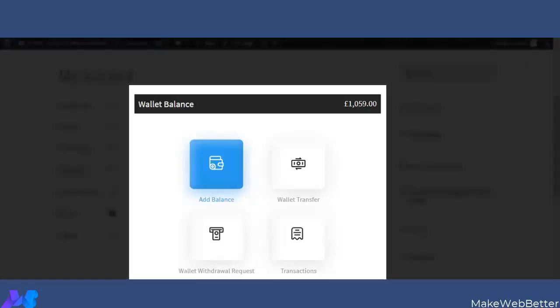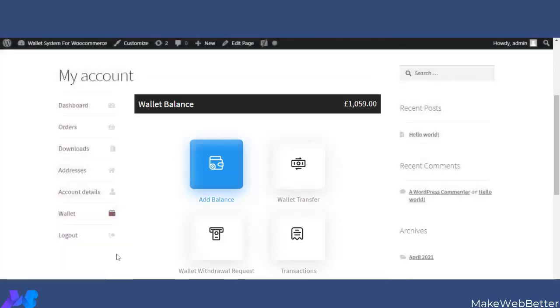Are you looking to enable wallet system functionality on your WooCommerce store, or do you want to allow customers to perform e-commerce transactions using the wallet system? If yes, then the wallet system for WooCommerce will help you to set up the digital wallet system on your WordPress website in just a few steps, with exclusive features like email notification to customers, wallet balance withdrawal, wallet amount transfer, and much more. So let's start with the demo video and understand how easily you can set up the wallet system for WooCommerce plugin for free.